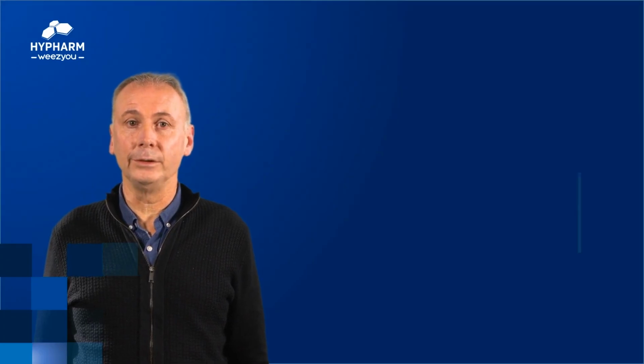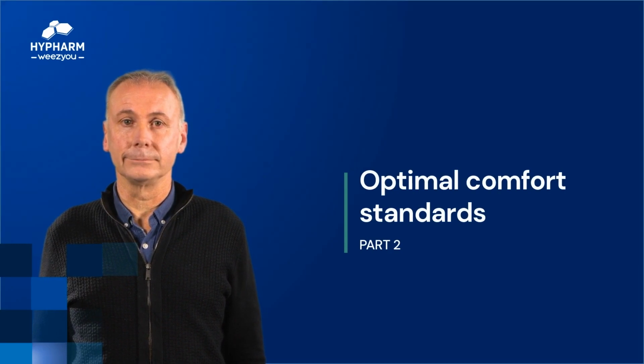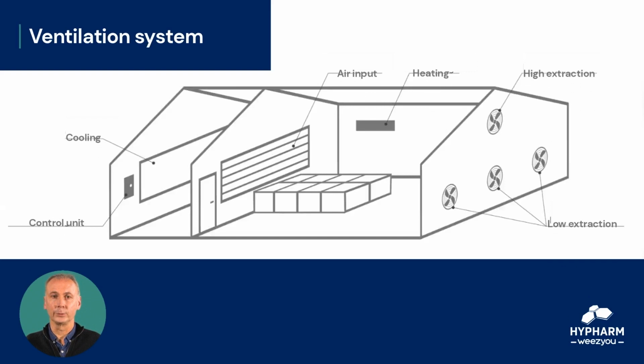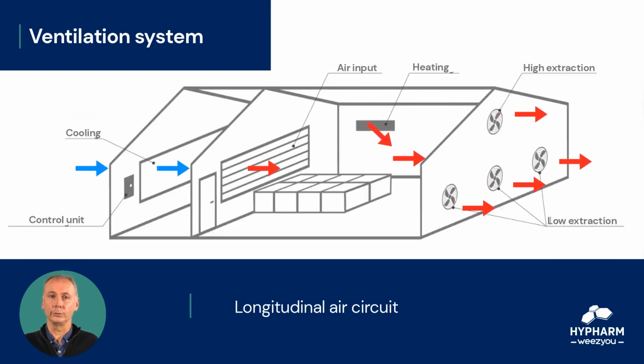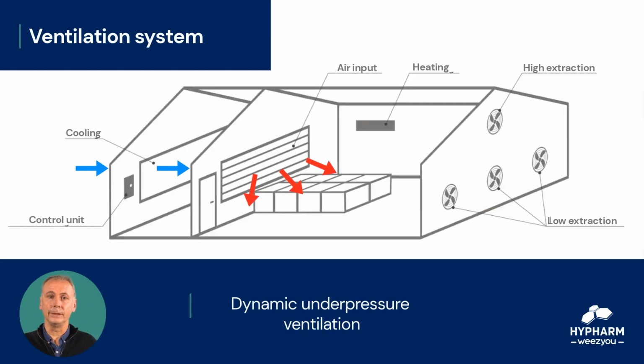Let's continue with the second part, optimal comfort standards. In order to achieve these optimal comfort standards, whatever the season, ventilation systems are generally designed with the following principles: longitudinal air circuit, dynamic under-pressure ventilation,